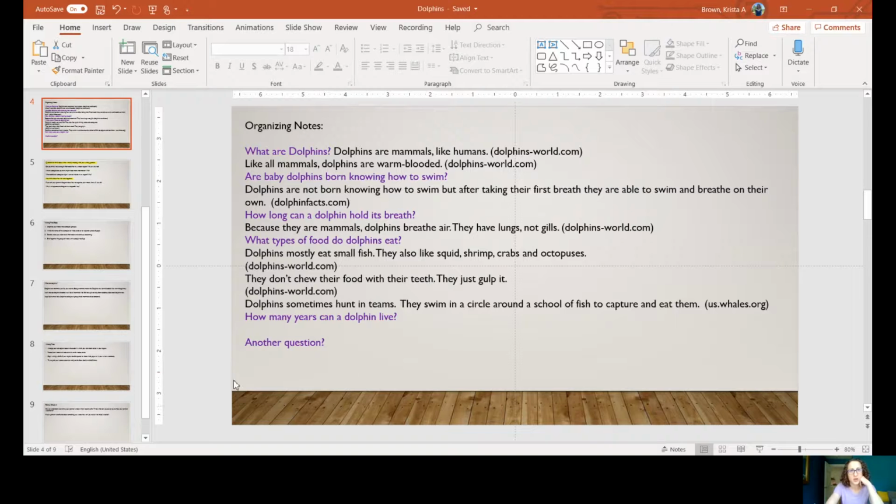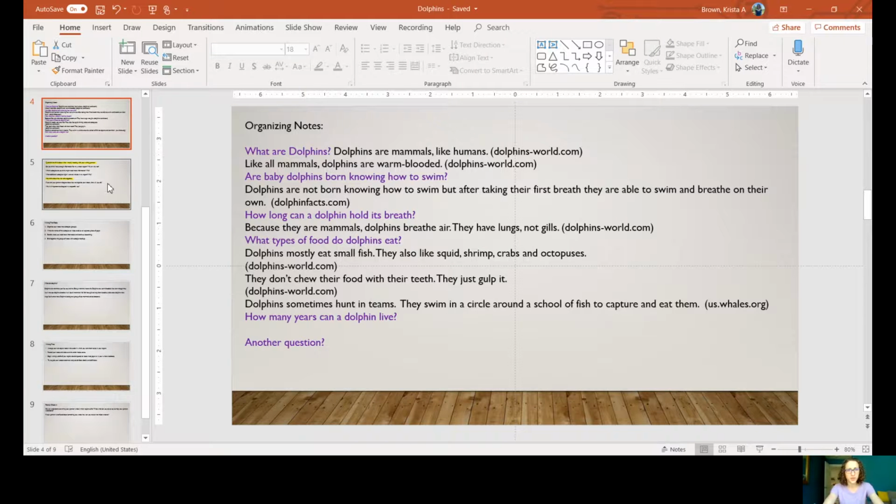Notice that I start with what are dolphins rather than leaving that for the very end, because I wanted to make sure that everybody knew what a dolphin was right off the bat. So mostly the order doesn't matter. It's usually a preference for you, unless you've got some basic things that you want to put about your animal in the beginning, especially if it's an animal that is not very common. I know a lot of you have animals that even I hadn't heard of before, and so you're going to want to give some just basic general, what is this animal, for those of us that may not know anything or very little about your animal. Okay,